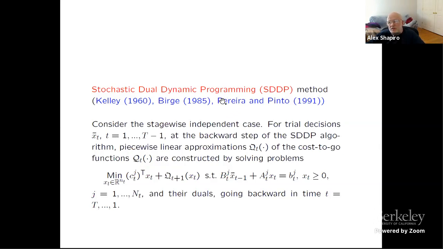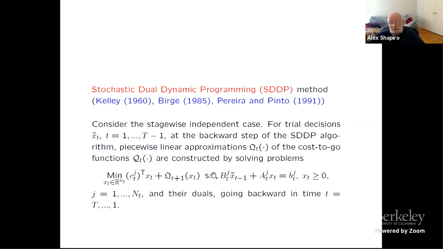And then there was this paper, which became very well known. At the beginning, nobody really paid much attention to that because it was developed by engineers in Brazil. Then there was some paper, but then it became very, very popular because sometimes it can solve the problem with reasonable